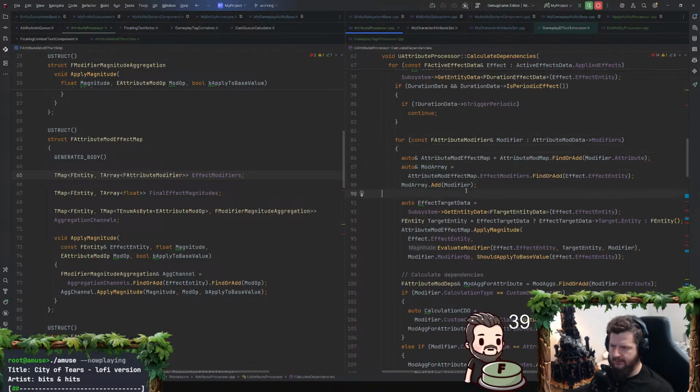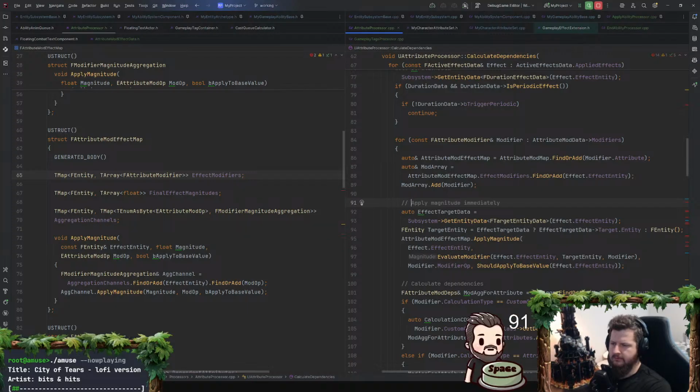Mod array, mod, okay, and so here, calculate magnitudes per effect. We're already in a per attribute map, so I don't need to say that.